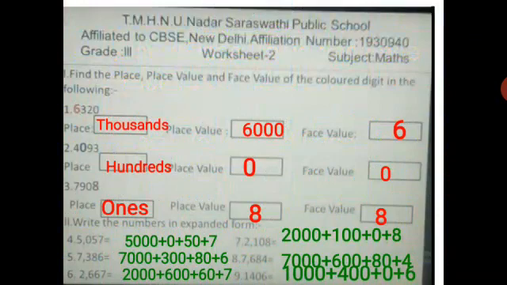Have you corrected all the sums? First Roman and second Roman letter? Okay, very good. Clap your hands. Those who are correct in all the sums, put the ice cream symbol in your notes.